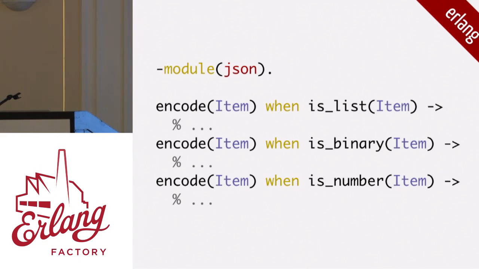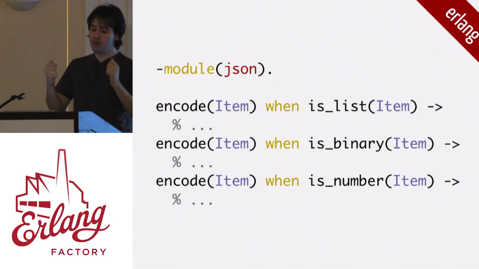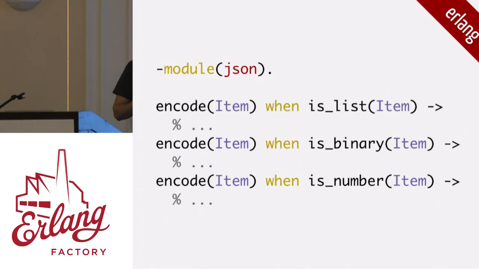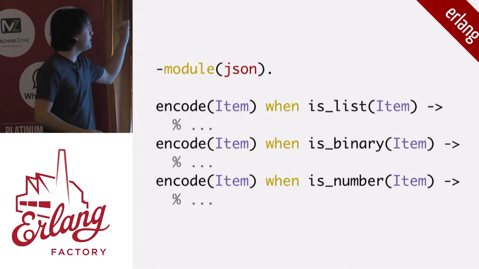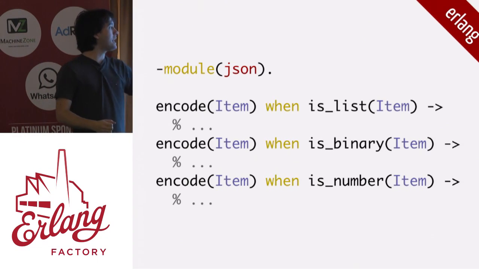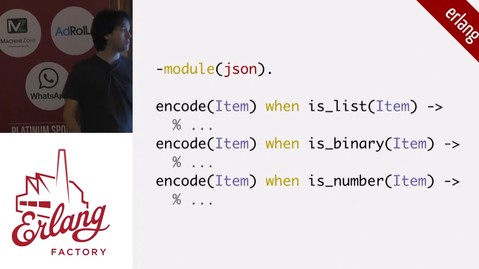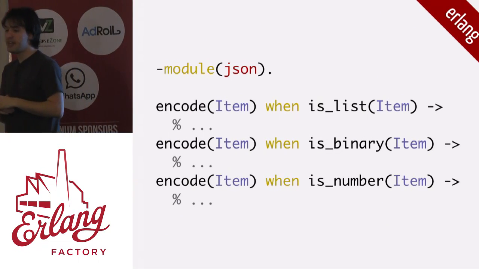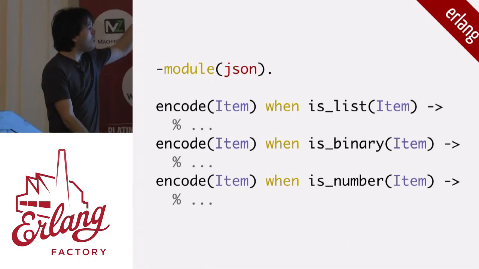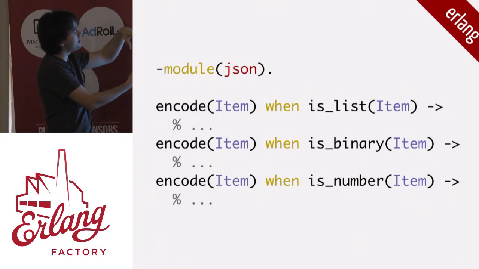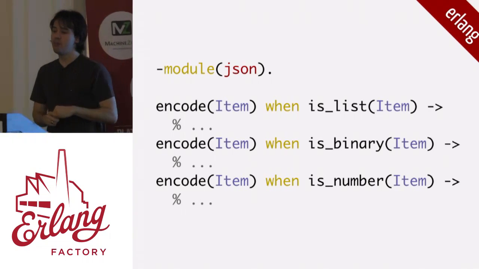So here's how I would imagine it: we are an Erlang developer, and we create this JSON module. What this JSON module does is encode different data structures to JSON. So we define a bunch of clauses. When I receive an item, and this item is a list, here's how I'm going to encode it to JSON. If I receive an item, and this item is a binary, here's how I encode it, and so on. The issue is that, because all the clauses are packed in a single module, it doesn't really compose.